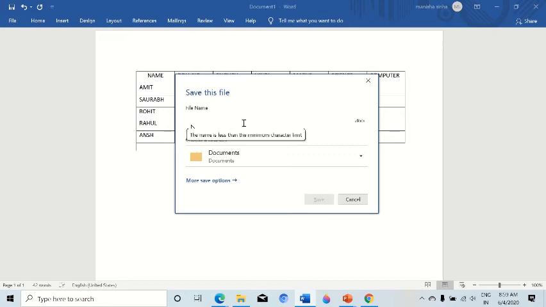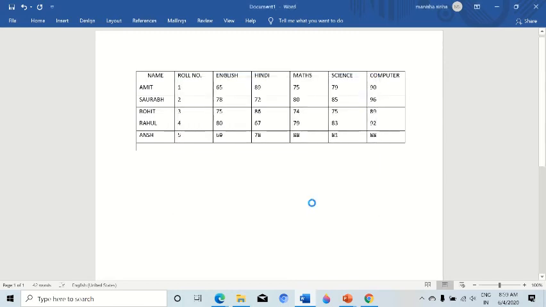Like I have given the file name result. And click on the save button. The file is saved inside your computer system where you want to save it for future use. This is how we have created this table, a list of 5 students and their 5 subject marks.